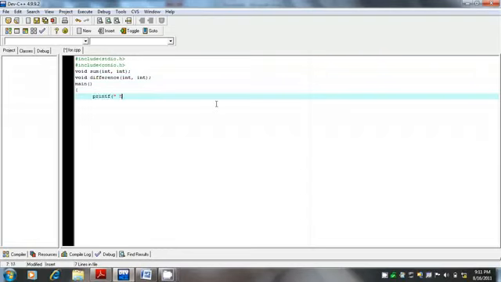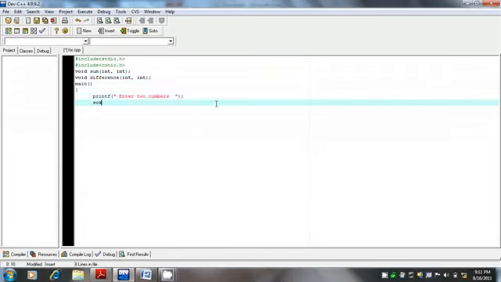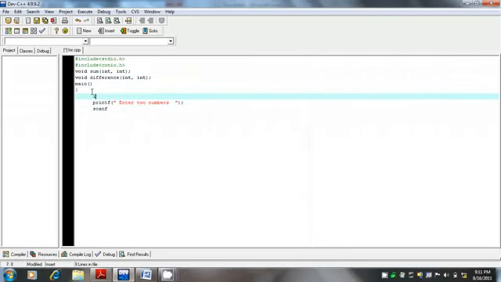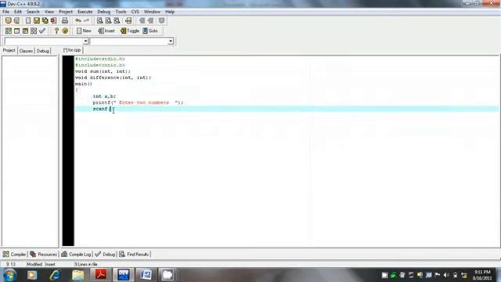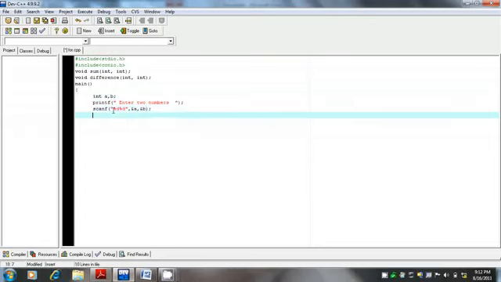Printf enter two numbers. Scanf. First of all, I have to declare two integer variables, int a, int b. So the user will enter two integers a and b, %d, %d, ampersand a, ampersand b, close.